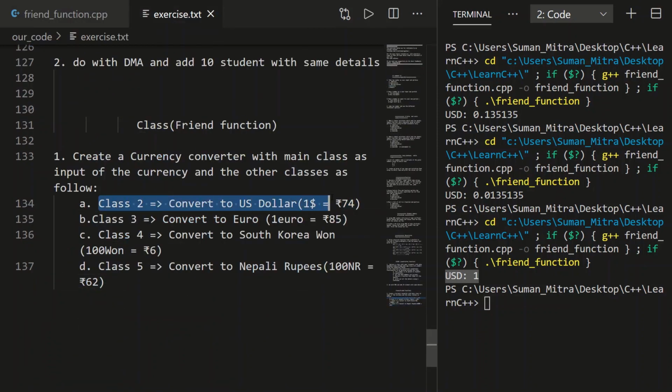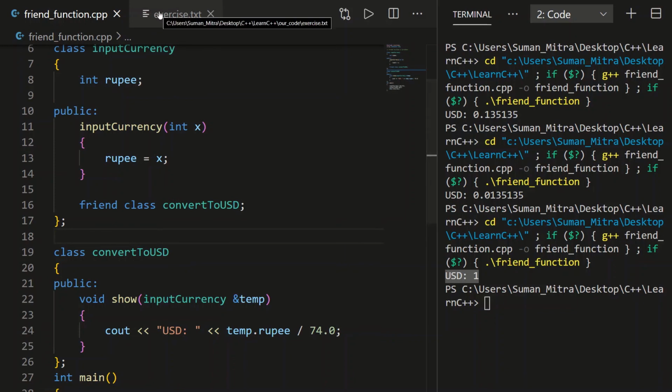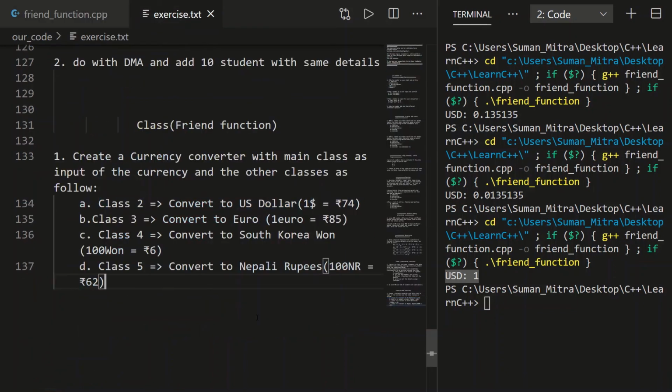You just need to use the keyword friend and the class you wanted, and this I already showed you. I also showed you how to do for function. You can do it function. So try to solve this next three questions so that it becomes more clear. It's very easy. You can do this with the help of functions also. Try to do with functions. So let me write one more questions here. We'll just write